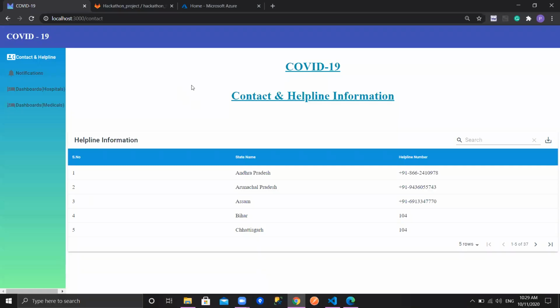Here's the main page of our website. We run this project in our local. Basically, we implemented three tasks, which I provided in this sidebar. Let's look into this first task: contact and helpline information. Basically, you gave the API which we need to implement in table format. Here, we have given the search option. Here, the user can type the desired result.